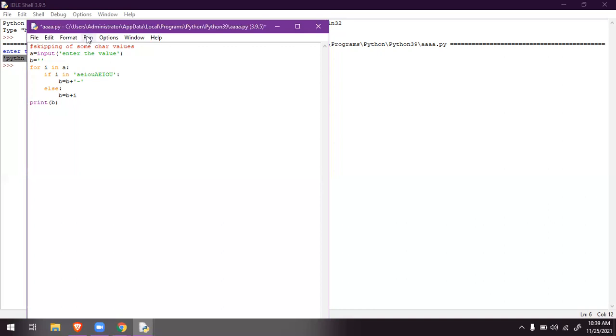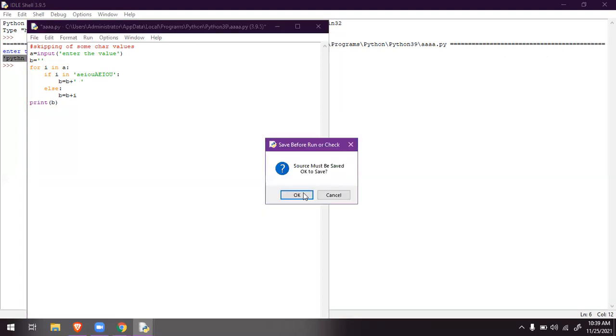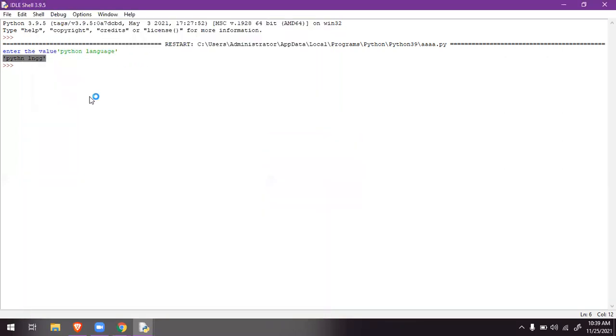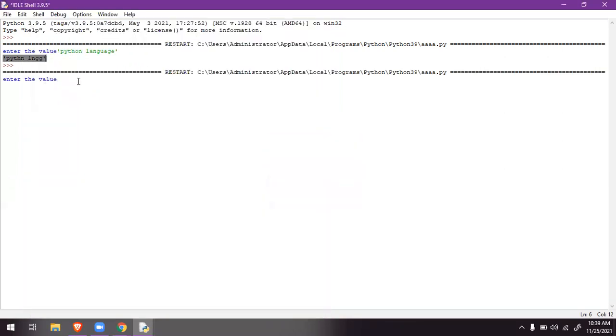Before, what I mentioned was an empty string. It is not actually white space. I'm leaving the blank here. It is not actually an empty space. If you want to create a white space, you can give a space to it. If you run the program, you will get spaces.